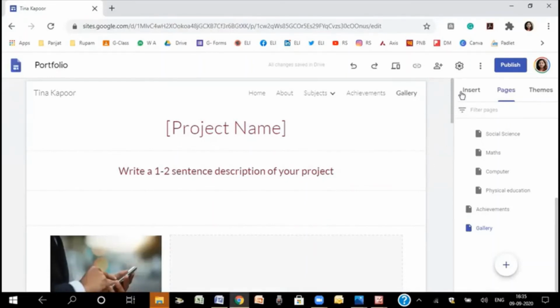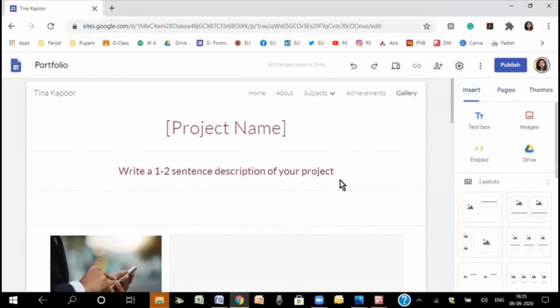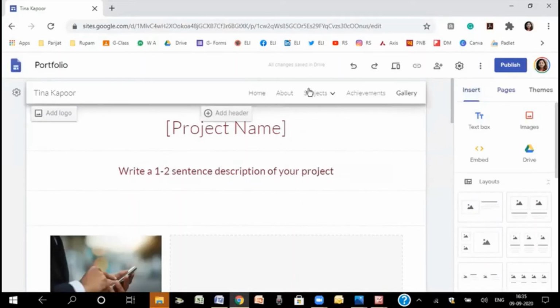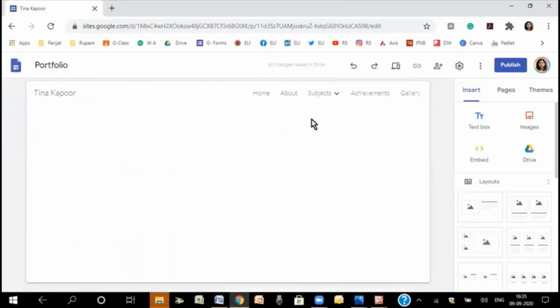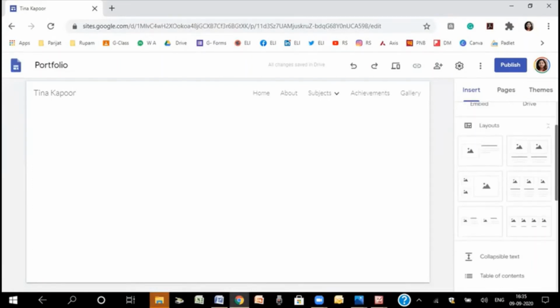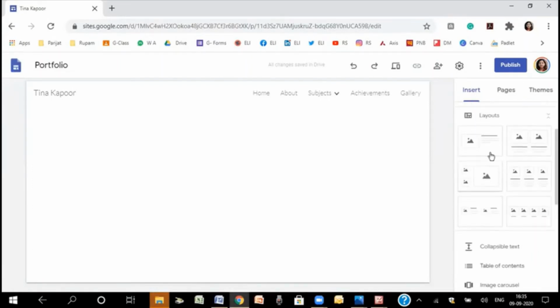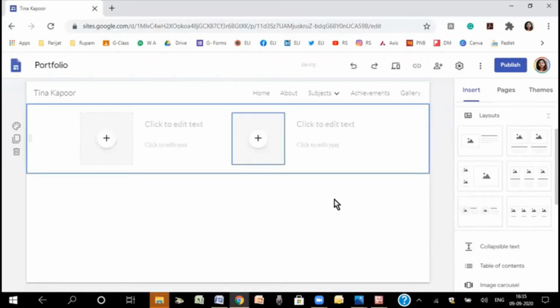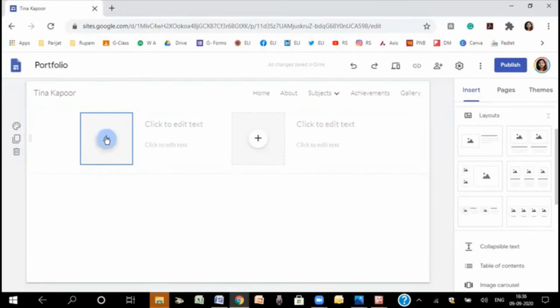Now once the pages are created, it's important that we populate the content here. So let's say you want to go to English. Now this is a blank page here, and you have to choose a layout. What kind of a layout do you want on this page? So it could be any of these layouts which you choose. Maybe if you want to choose this, then here you can add whatever you want to add.